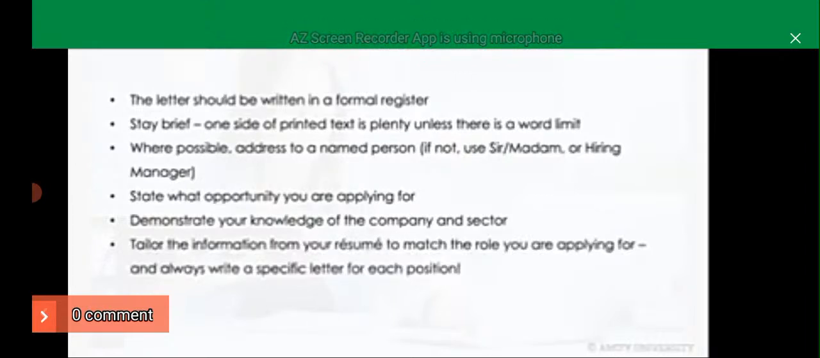And then also tailor the information from your resume to match the role you're applying for, and always write a specific letter for each position. It's possible you can use the same resume or CV for multiple posts, but you should write an individual letter, or at least have a default boilerplate standard letter for a particular role, and then change it for each particular